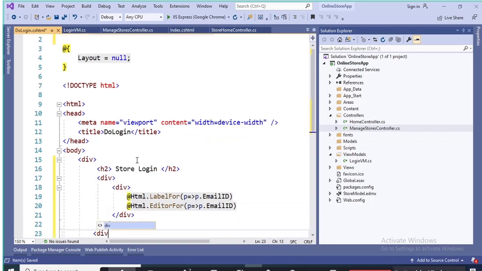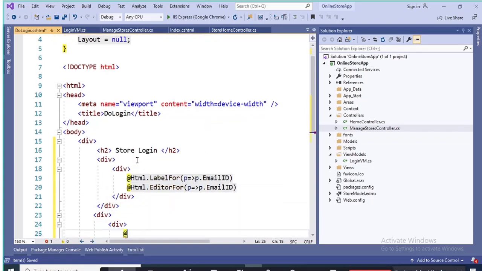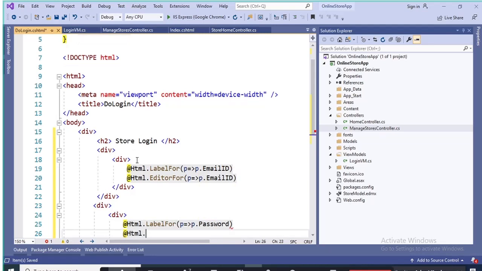Now I'll create one more div, also with html dot label for, p implies p dot password, and here I'll set html dot editor for, also p implies p dot password,